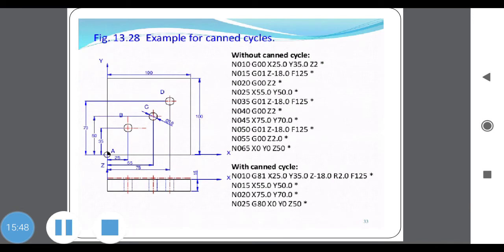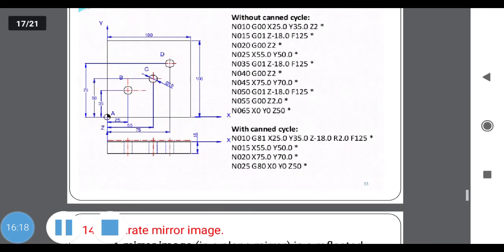This is one simple program. It consists of 3 operations, that is B, C, D. To perform that, they use the CAN cycle and without the CAN cycle. The first statement of the program indicates without the CAN cycle, or simply how we know to write the program. That is an N01 number, G00 dimensioning X value, Y value and Z up to the end of the program. That is X0, Y0 and Z0, that Z50 at the origin.